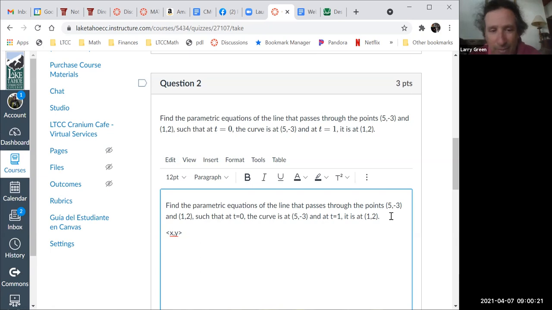So (x, y) is equal to, and if you remember in the lecture a couple days ago, it's just y equals mx plus b, okay? But not y as in the letter y, really the vector equals m vector times t, not x, plus b. So what we're going to do is take the slope vector, and to get the slope vector, all you have to do is subtract. So we just take 1, maybe I'll write it out. So 1 minus 5, because that's the x difference, comma 2 minus -3,